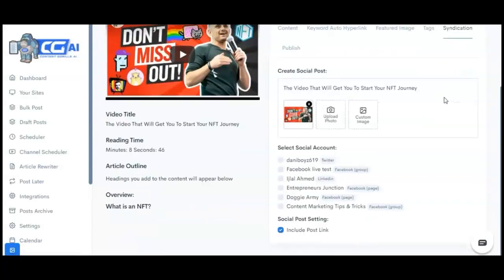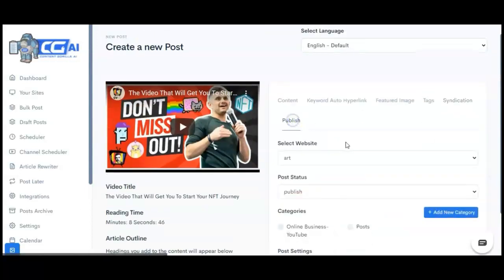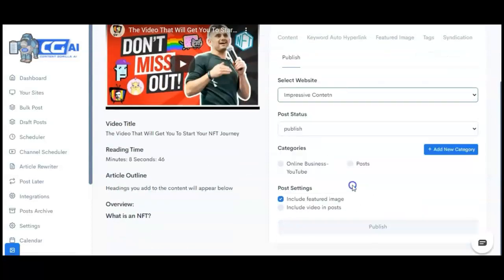And then syndication, you can basically syndicate your posts onto your Facebook pages and groups just by checking this box. And then finally, you can publish your blog post onto your WordPress website in just one click, and it automatically gets syndicated onto your social media channels with a link. So that really helps with social media rankings as well.